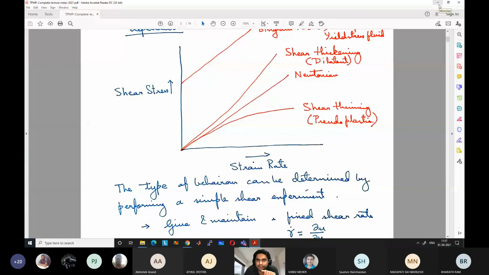We will discuss it in the next class. So in a solid, for any deformation, you need a force. In a liquid, for any deformation, you do not need a force. Liquid will deform without a force. But the rate of deformation in a liquid cannot change without a force.